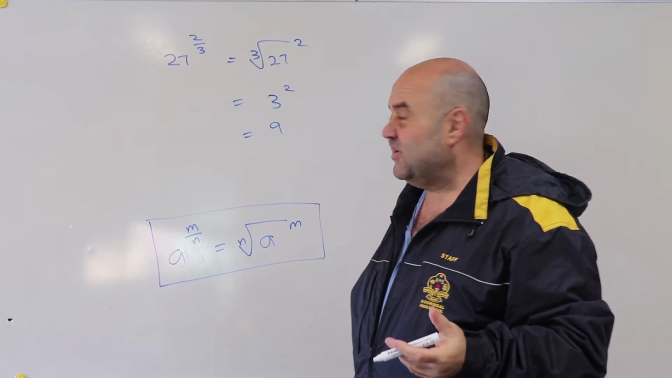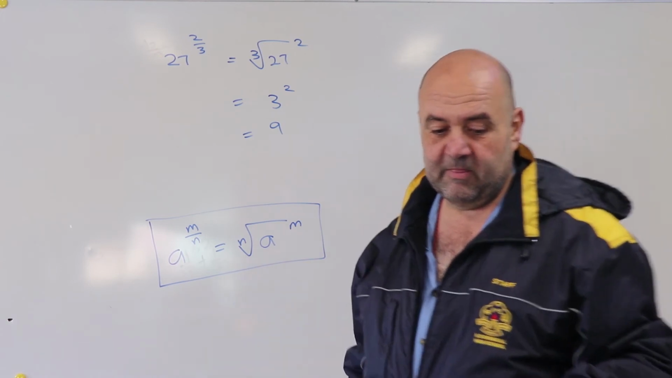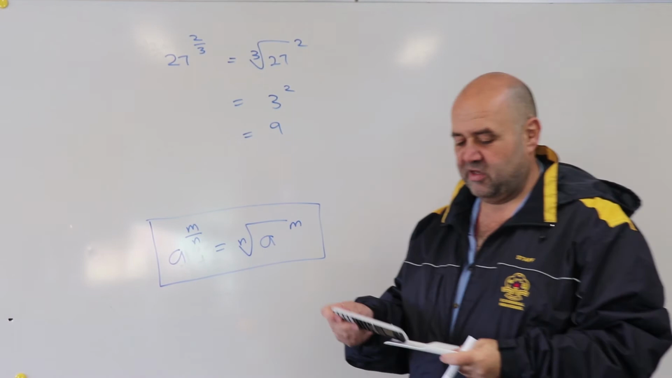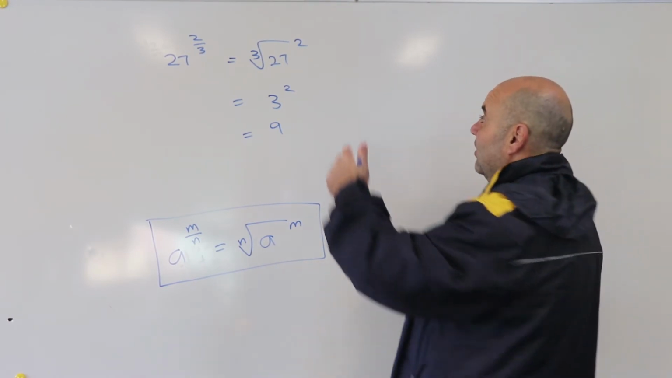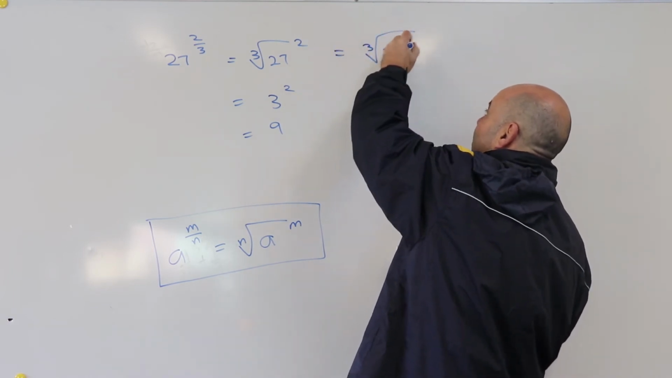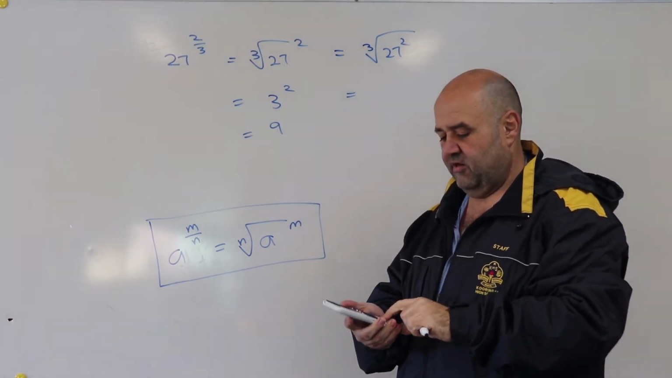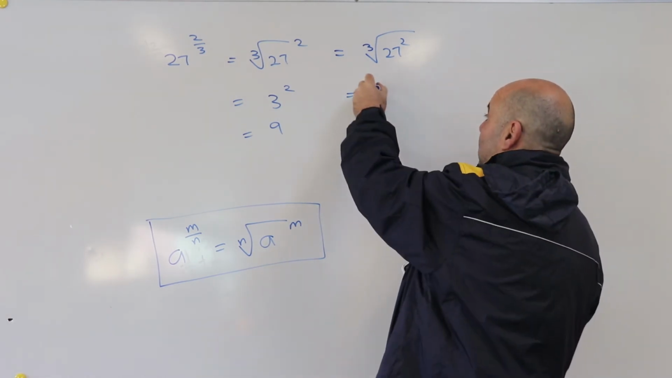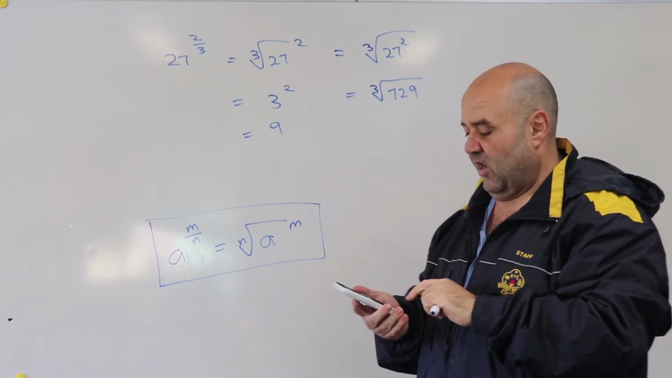Okay, but I told you that I could have the squared inside. So just to not embarrass myself by making a silly mistake, if I had it on the inside, if I said that that was equal to the cubed root of 27 squared, well, that means that I need to get 27 squared, which is 729. So I'm up to the cubed root of 729. And if I ask my calculator,